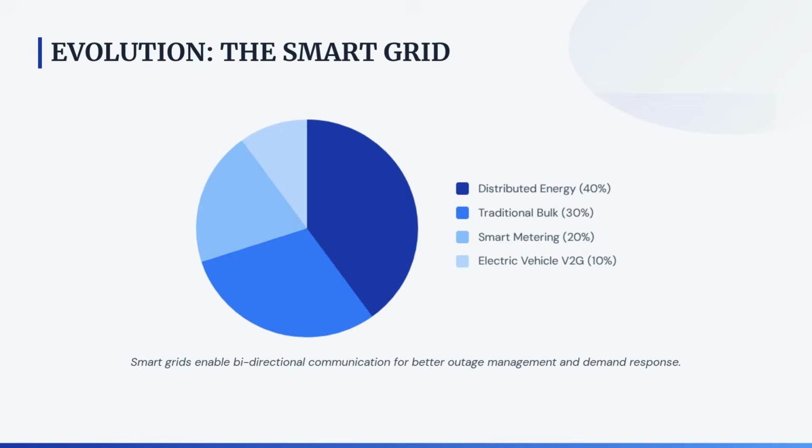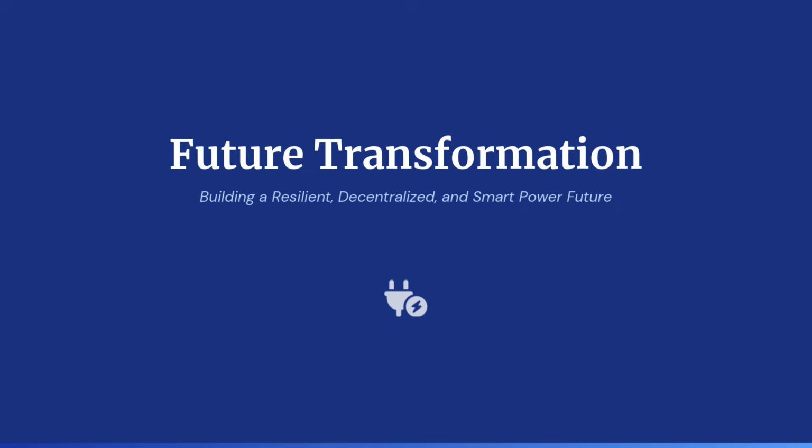The smart grid is a modern evolution that integrates two-way communication into the power system. Smart meters allow utilities to identify outages automatically and permit consumers to participate in demand response programs. This means you can monitor your energy use in real time and potentially shift your consumption to off-peak hours to save money. The future of power is moving toward decentralization, with more energy generated by distributed resources like rooftop solar